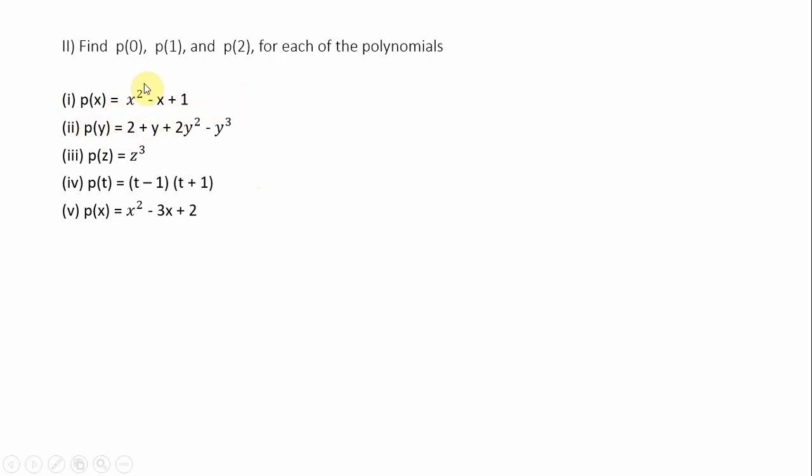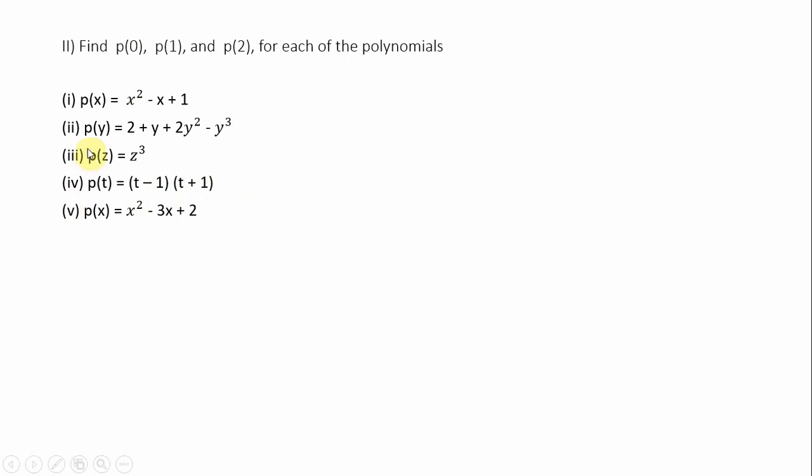P of 1 is equal to 1 whole square minus 1 plus 1. 1 whole square will be equal to 1. 1 minus 1 is equal to 0. Then it is equal to plus 1. That is how you can find out the answer for it. So here in the place of x, P of 2 is 2 square minus 2 plus 1; 0 minus 1 is equal to minus 1, and when you multiply this, you are going to get 0.